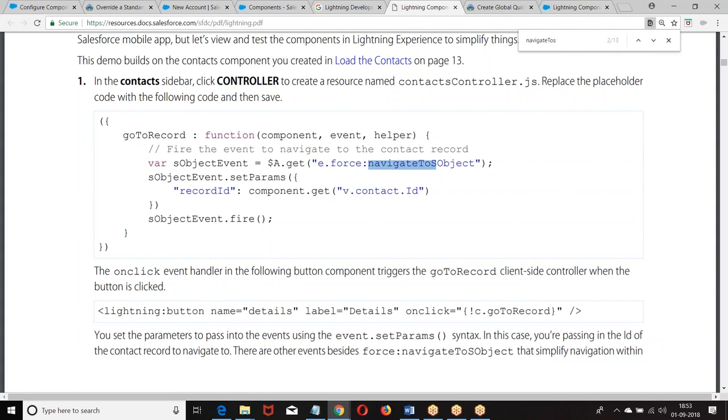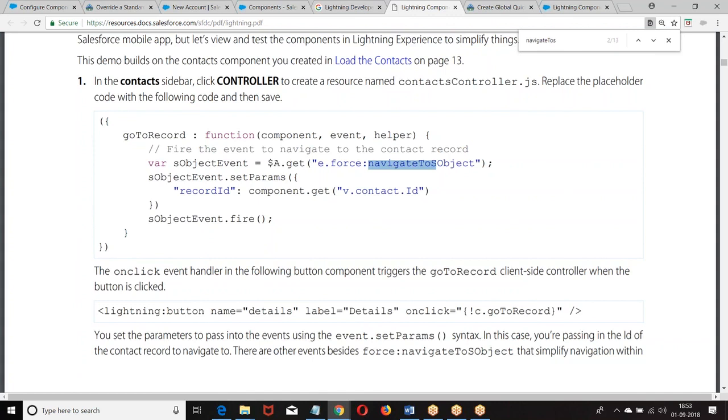If it is an edit page, anyhow we are going to pass the ID in the URL, which is stored in the force:recordData. I can use it. No, it is not LDS. We are writing Apex programming. Now we have created our own card in which we have input elements. When you click on a button, it goes to the client side. In the client side, it reads the data, sends it to the Apex class which inserts the record, and sends back the ID. Then once you know the ID, how do you navigate?